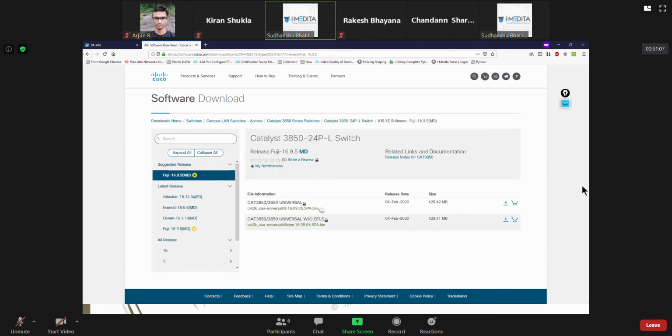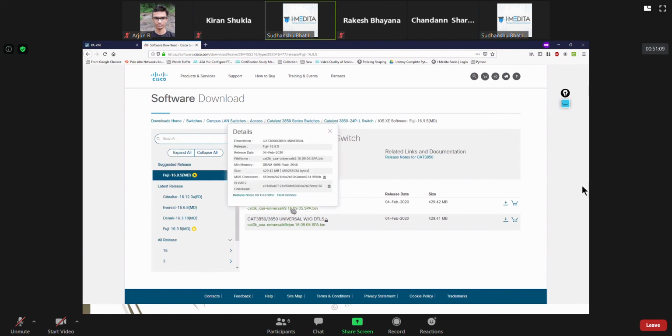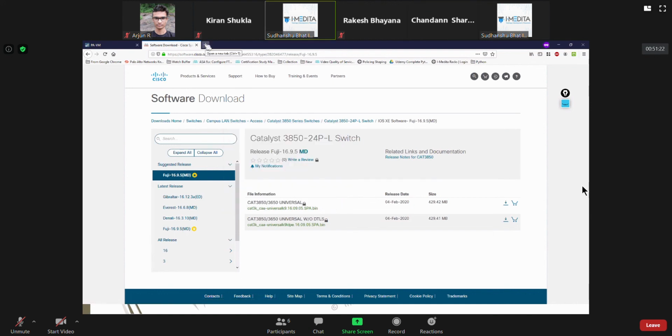For all these iOS images, or any file, you can have a SHA checksum or an MD5 checksum. Are you getting my point? It's not just for Cisco; you can take any file.